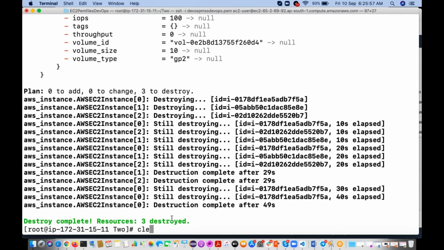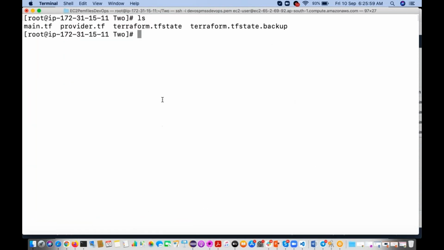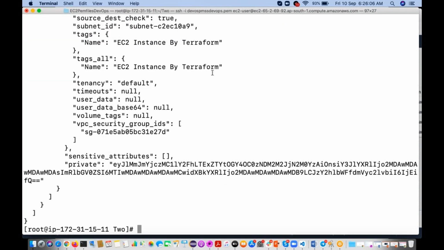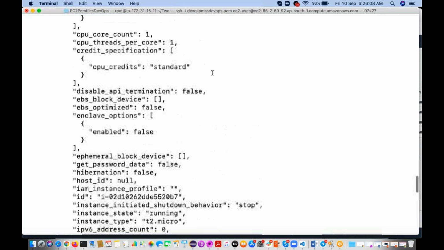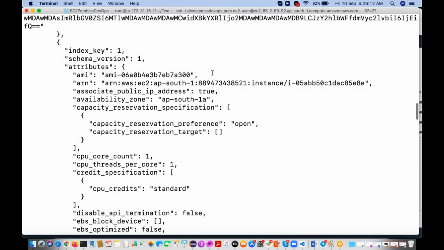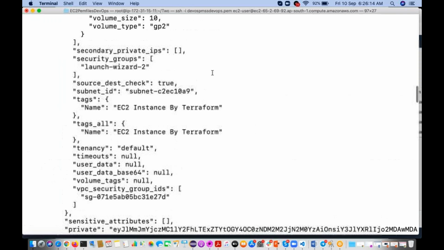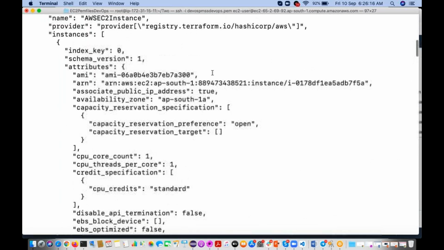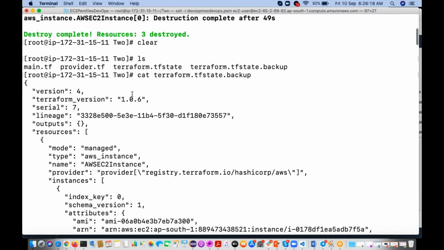Yes, it's done. Now you go and see. The Terraform state file is there and the Terraform state backup file is there. If you want, you can see the content. After executing the same script n number of times, all the states are going to be kept in this particular file.